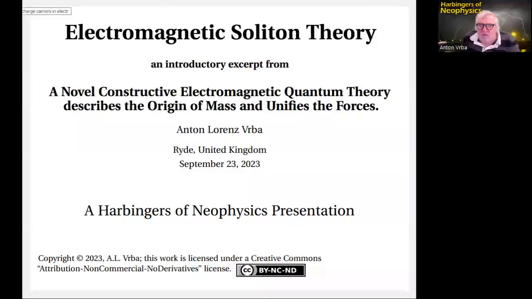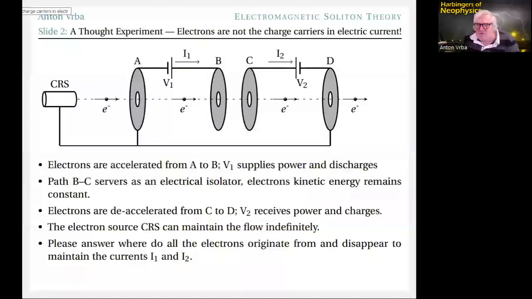Now, the first thing that I will just show you is a thought experiment that actually set the thought process through. If I look at this particle accelerator and deaccelerator that you see sketched in front of you, the electrons accelerate between, what's going on here? Mouse, okay. Can you see my mouse? Yes, yes. Good. The particles accelerate between A and B, and in doing so, power is delivered by the battery